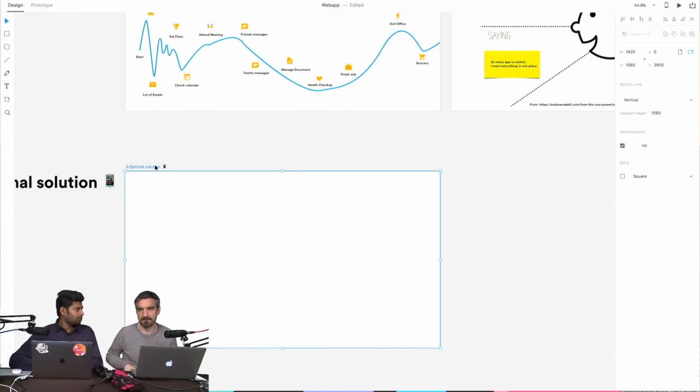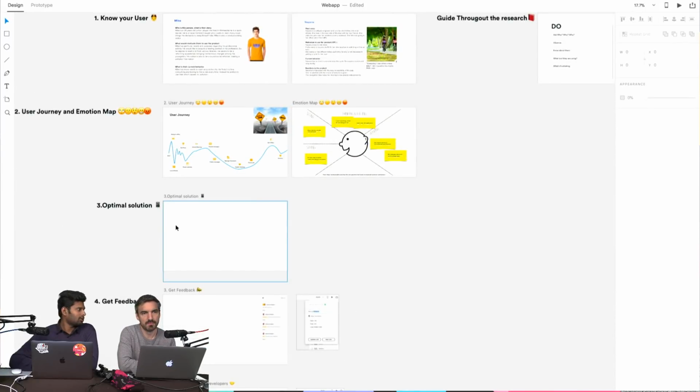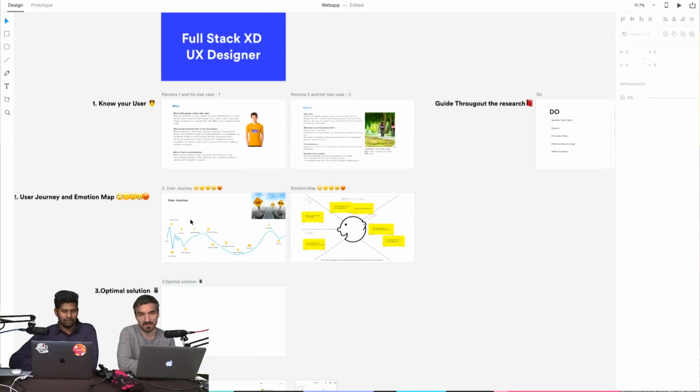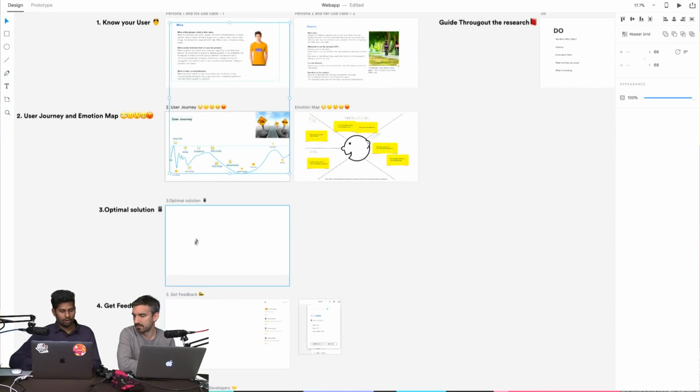Then we have to make an optimal solution. We have to do the design. That's what we are going to do in the last step. People always jump into this step. They make the UI design, and they don't actually care about these 5 steps. They don't do the research. Research is very important. Without knowing what they want, we have to make an app for the demand. It's not like I make the app and you use the app. We have to find the demand, what they want, and make a perfect app for them. If we are perfect in these 2 steps, we can go ahead and design an optimal solution.